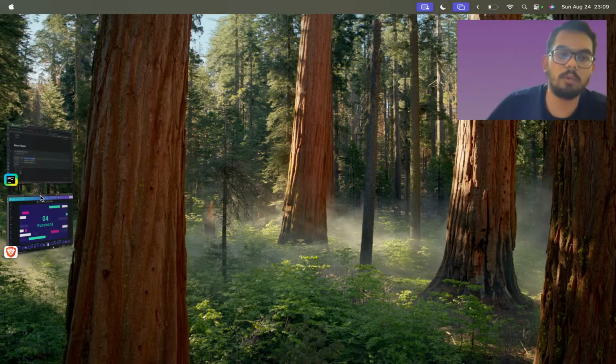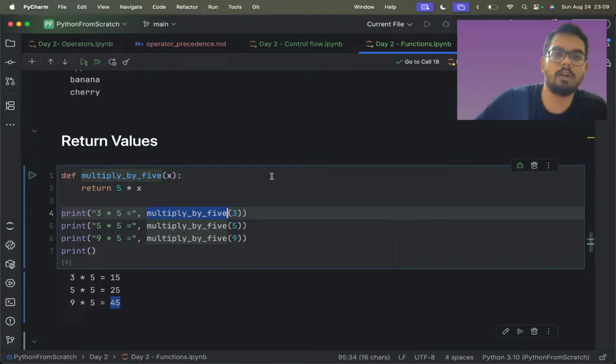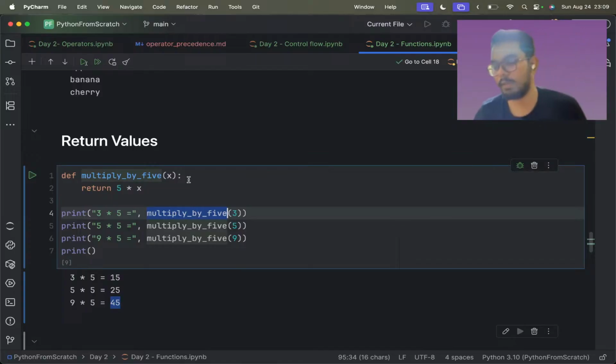Okay, something very important in functions. When you are writing a function, you will not write something like multiply by five or multiply by six. In the real world, you are writing for a bigger piece of code, and it's probable that it will be worked on or used by multiple people, and they want to check what kind of code it is and how it's being utilized. So there's something called a docstring, which is basically